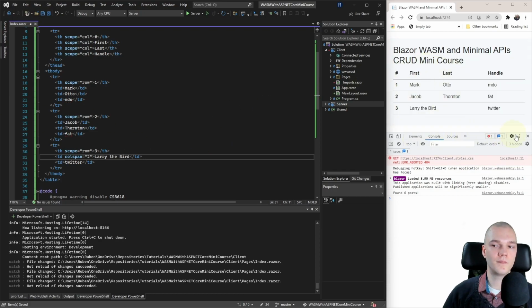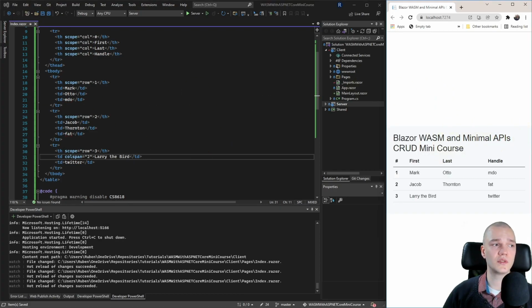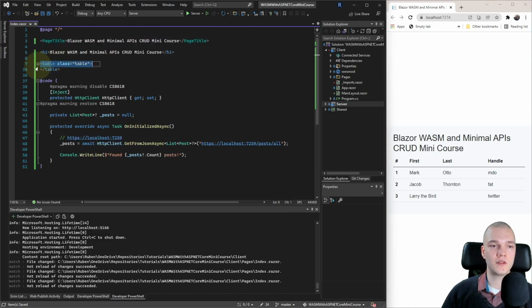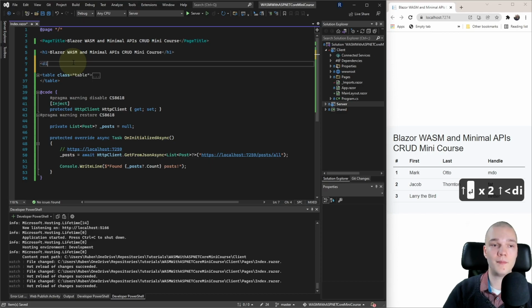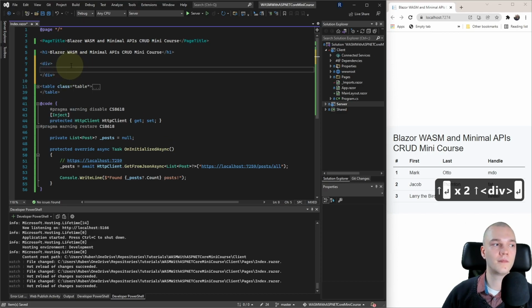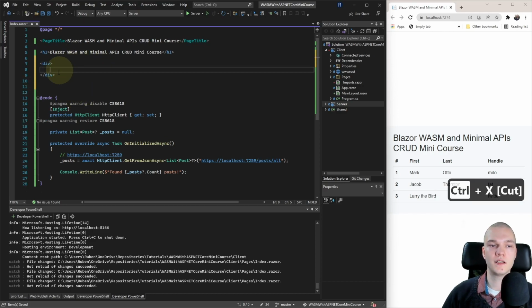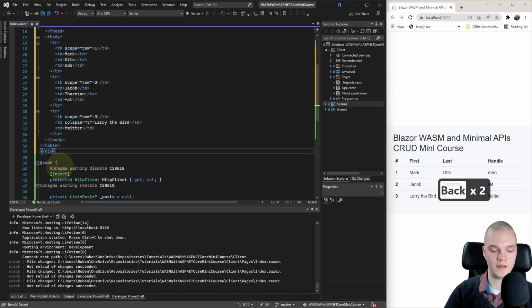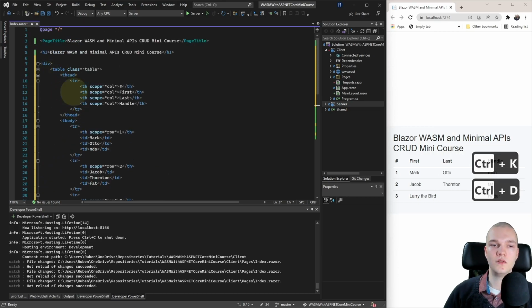And there we go. Just close this console. We now see a table. And I want to change the design a little bit. So I'm going to tuck the table in and wrap it in a div. I'll cut it and paste it in there and hit Ctrl+K+D to reformat.